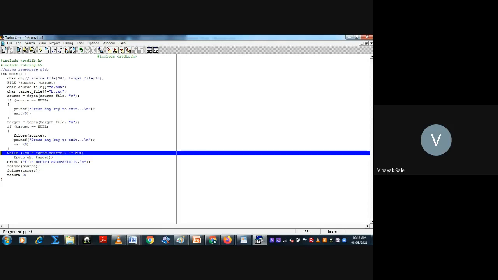Again it will put the character whenever it goes to the end of file. If this condition becomes true a number of times,